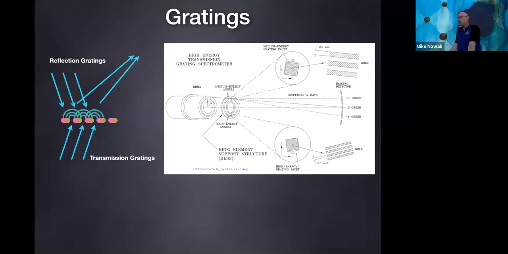Transmission gratings are basically prisms, but prisms for the X-rays. They're small, thin sheets of gold with grooves in them, and we pass the X-rays through these grooves. You can either pass through or reflect off the grooves, and you create little wave fronts as you go through, and these wave fronts then propagate out as spherical wave fronts, and they interfere with each other.